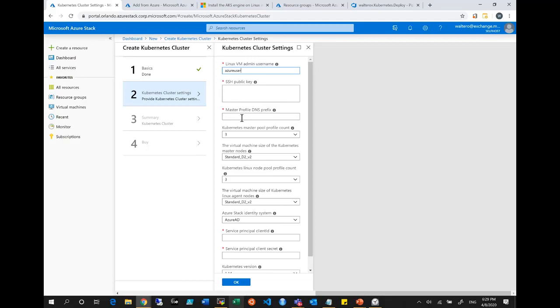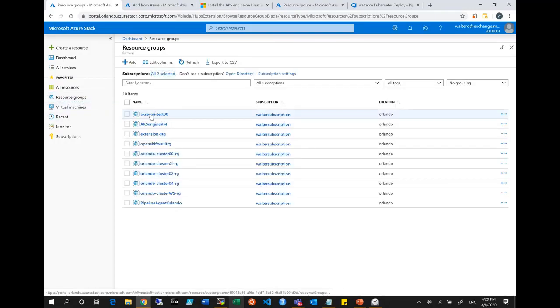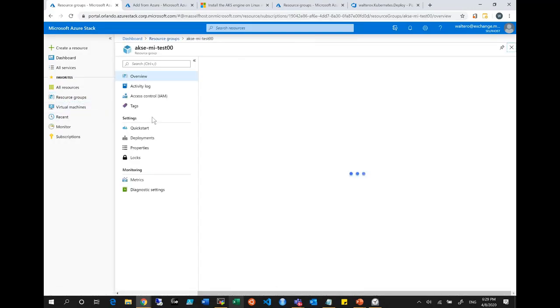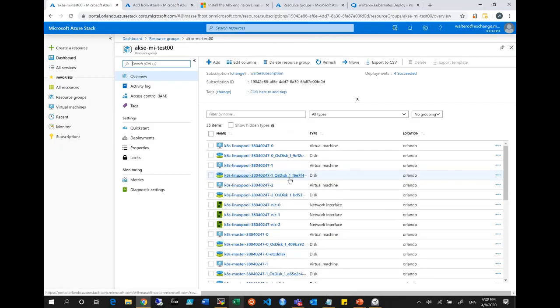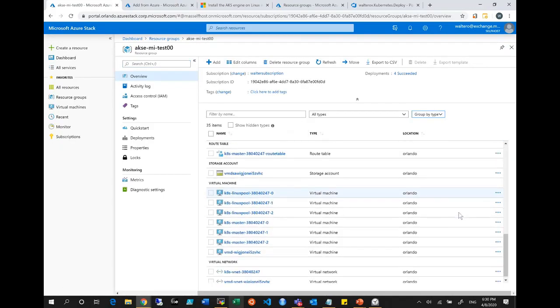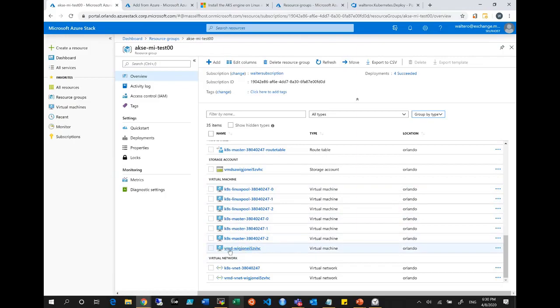I'm not going to do this. This particular item is not supported for production. The main reason is because it creates a Kubernetes cluster through an extra VM. Here's a sample cluster created through that tool. If you look at the items in it, you will see a VM called VMD. This VM gets created inside that resource group with access to the same VNet,